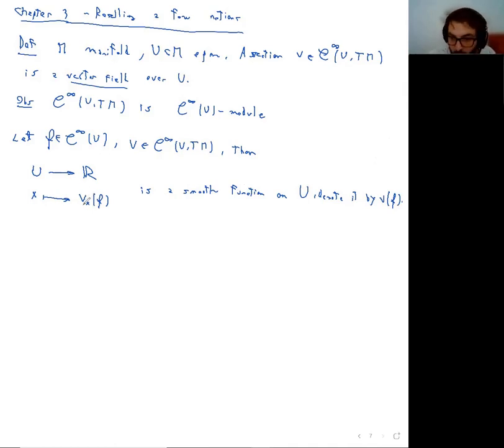Okay. This construction is local because we know that derivations are local objects. So we don't really need to define it on functions defined on an open set, but we can define it directly on germs. So if F is a germ at the point P,